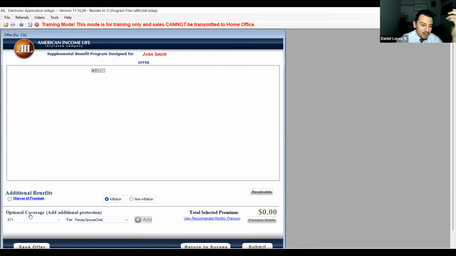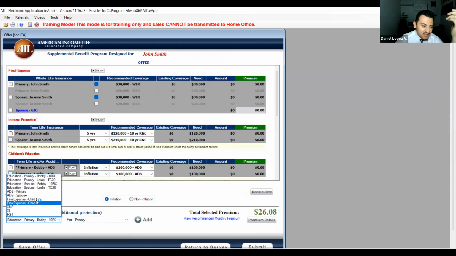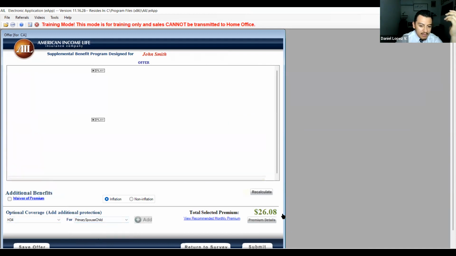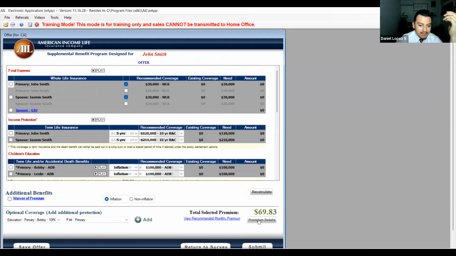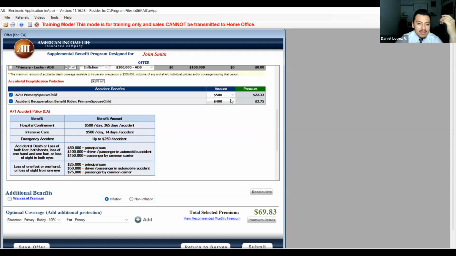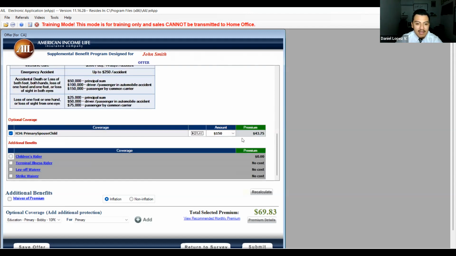Okay. So let's say A71 versus age 34. All of them. Premium detail. There you go. In the A71, the max unit is $22.33. Age 34, $150 is $43. This is for the whole family too. Individually is more affordable. And then you can break it down to 175 or 50. Okay, so that's very easy to understand. Does that make sense, the age 34?